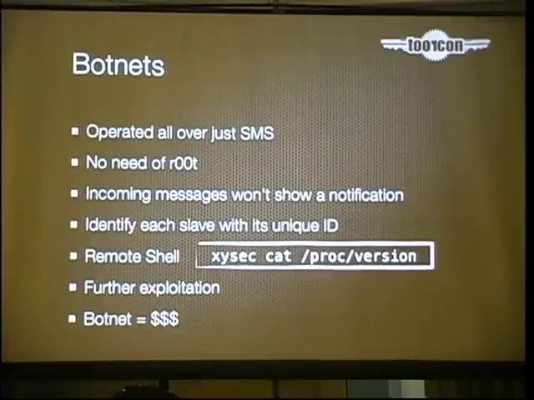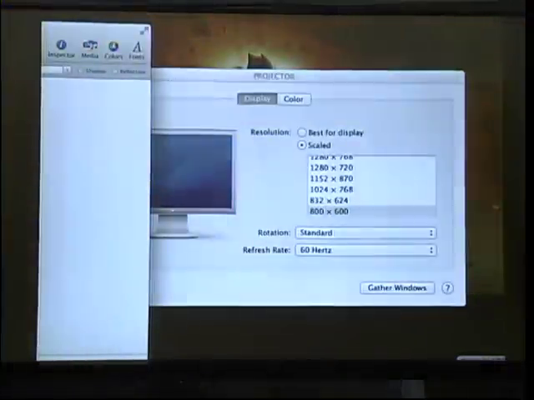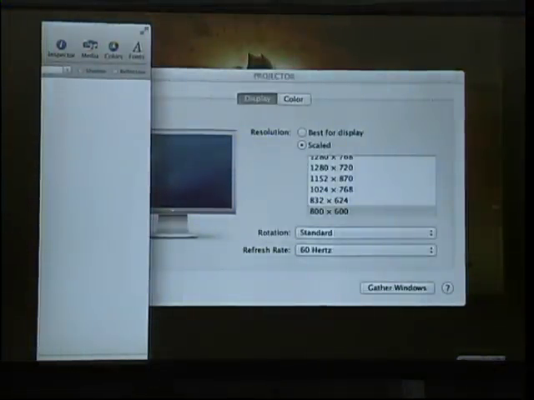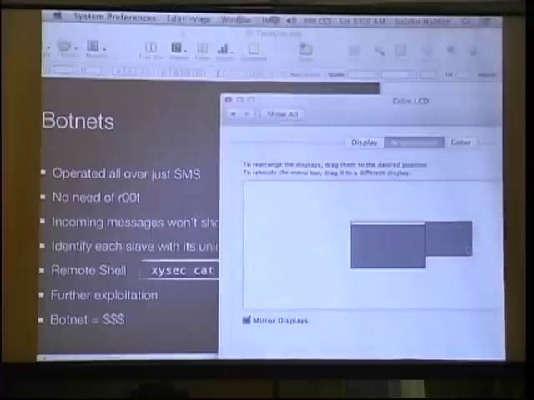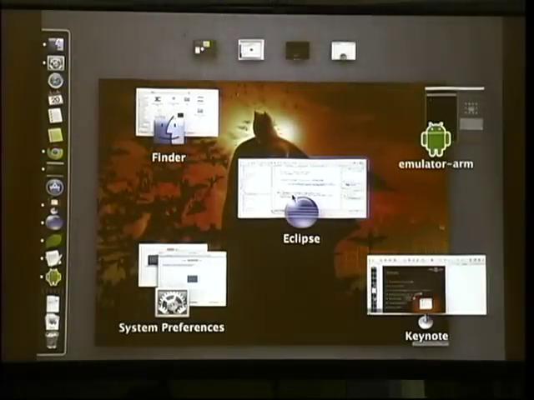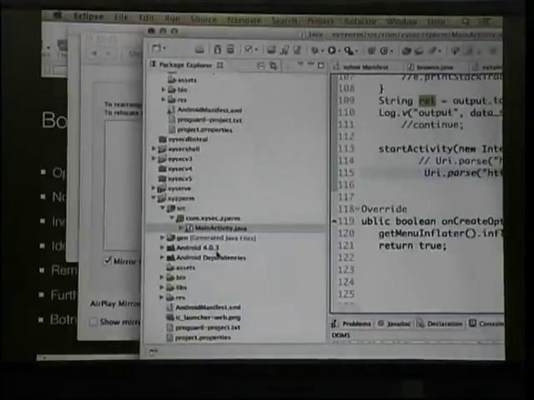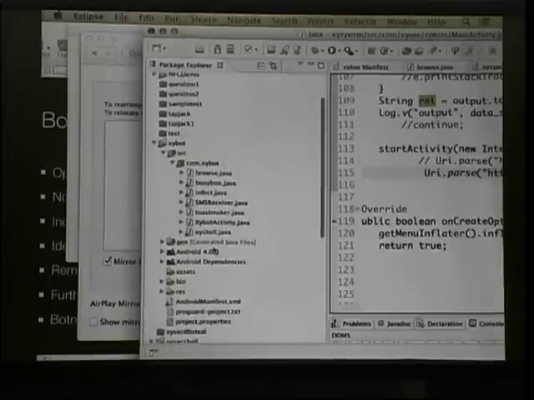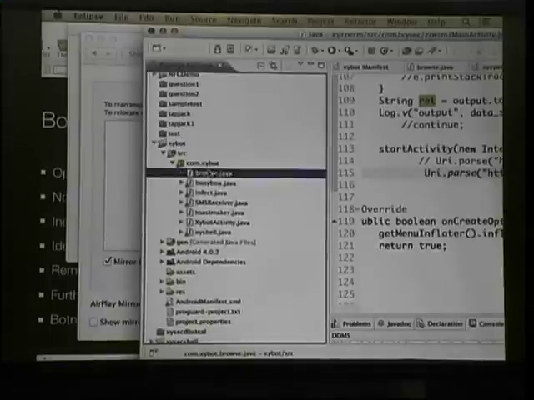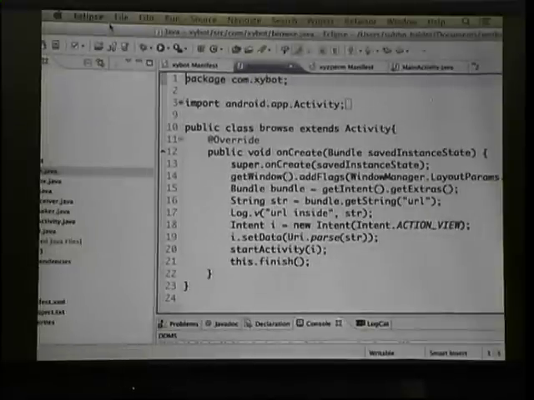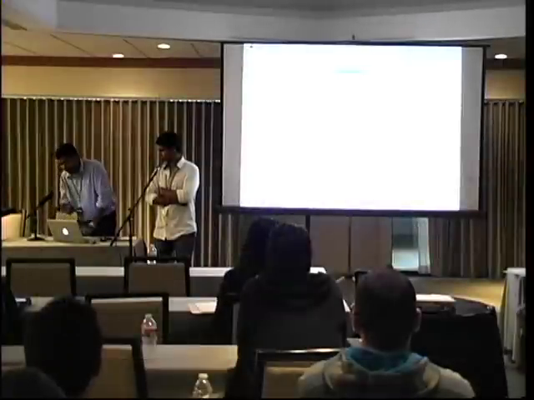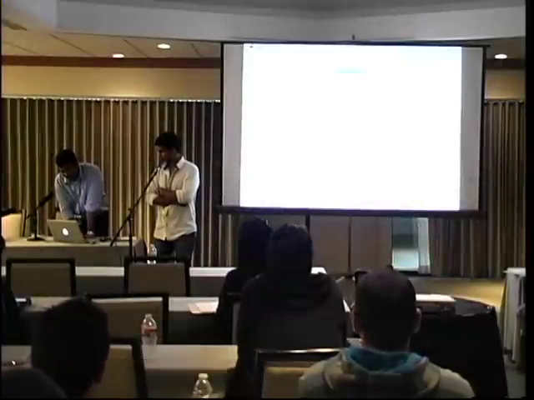What I'm going to do right now is show you a demo of the malware, sorry, the botnet. So for the botnet, I'll be going over here. Basically, this botnet is a bit of complicated stuff. It doesn't just do what botnets should do, it also gives a reverse shell, so that's better. It's a kind of good botnet.